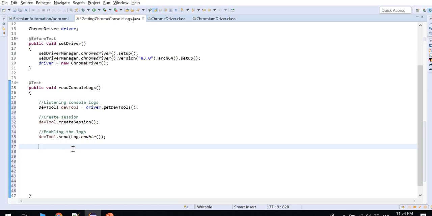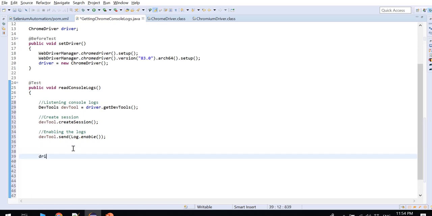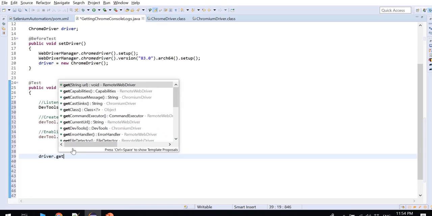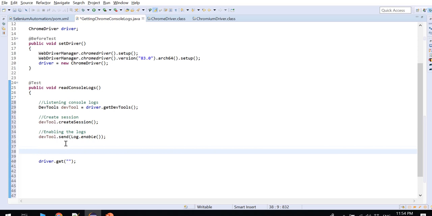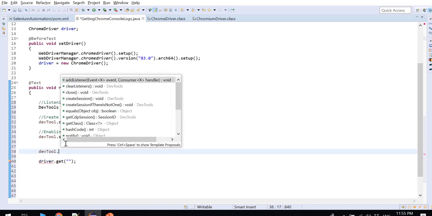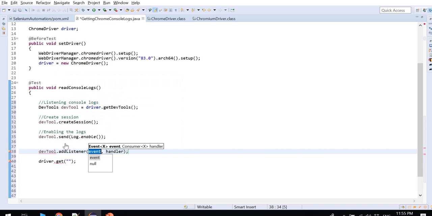Now, for launching a browser we do driver.get and enter the URL, but to read the logs we have to write commands before launching the browser. So before this I have to write a few more commands: devTools.addListener.